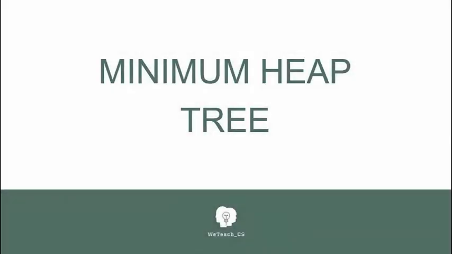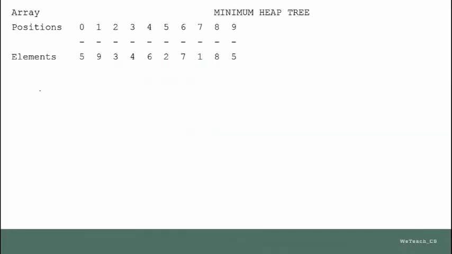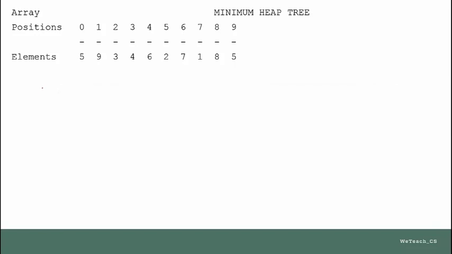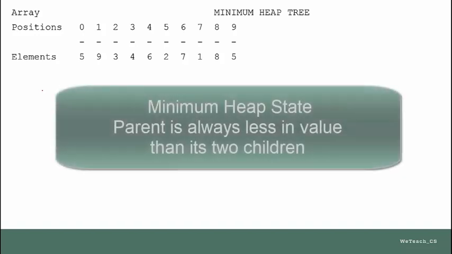Let's talk about minimum heap trees. This is another application of the binary tree so that information can be stored and retrieved in sorted order very quickly and efficiently. The basic state of a minimum heap tree is that the parent is always less than its children in value. And I'm going to show you how we build a minimum heap tree one step at a